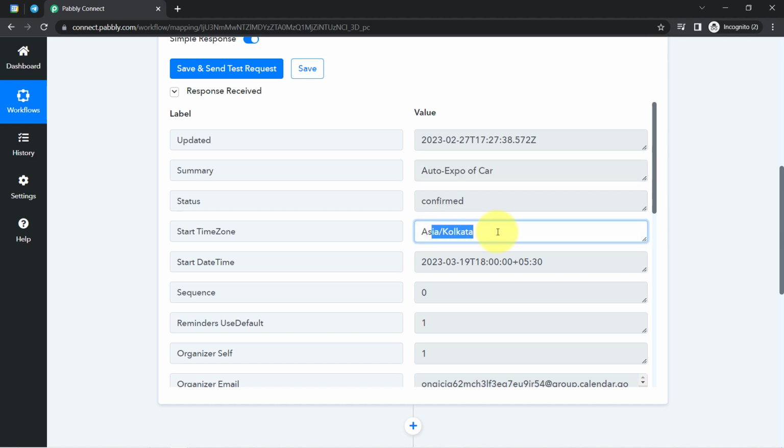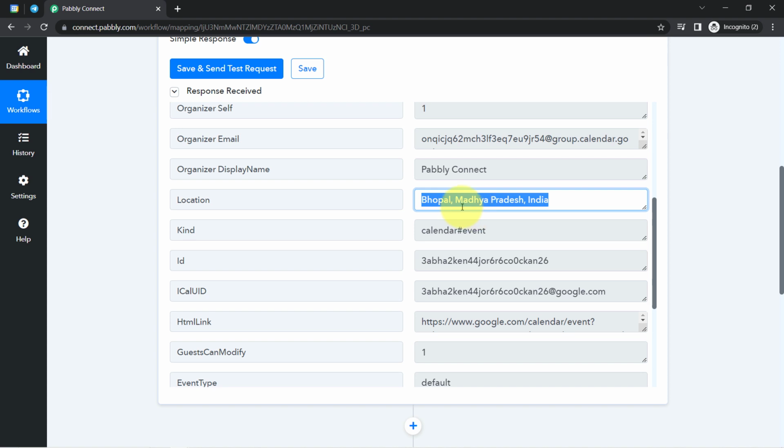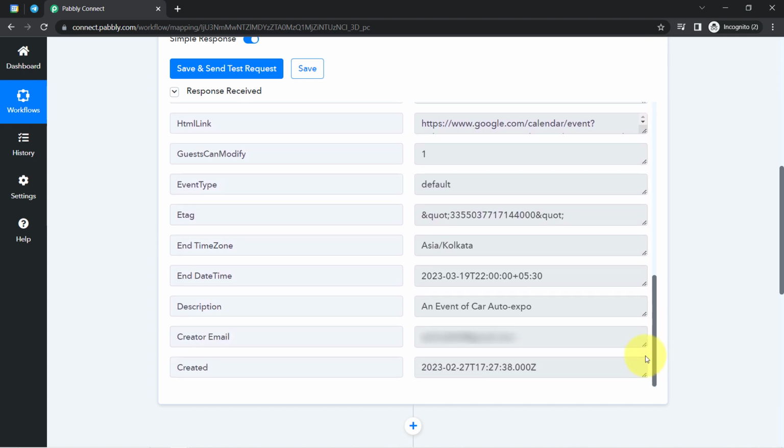Okay, we have the time zone, we have the start date and timing, that is 19th of March, and here we have the timing as well. Okay, that is 6 p.m. in the evening. Okay, so I even have the description. Let me show you the location, and where is the description which I have added. Here you can see the description and event of the car expo. Okay, so the presence of this data clearly shows that the connection in between Google Calendar and Pabbly Connect is